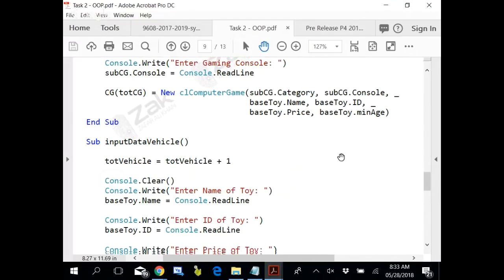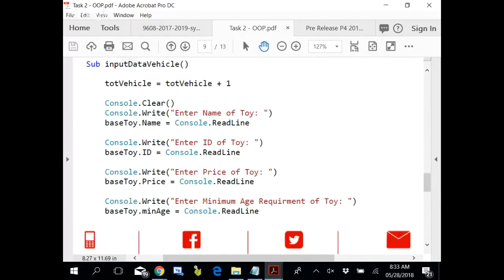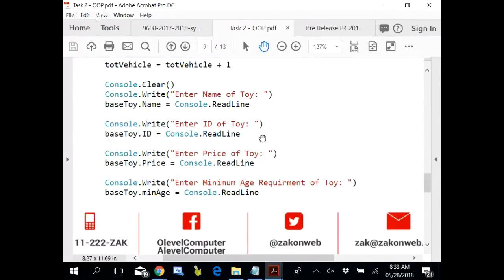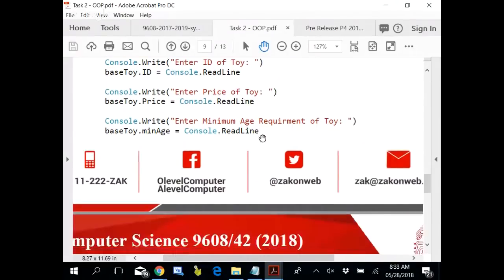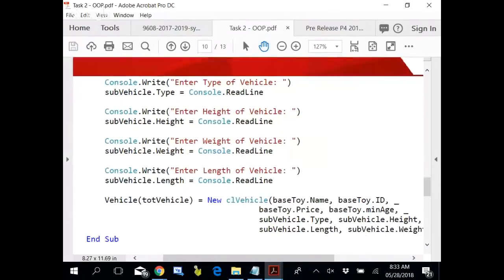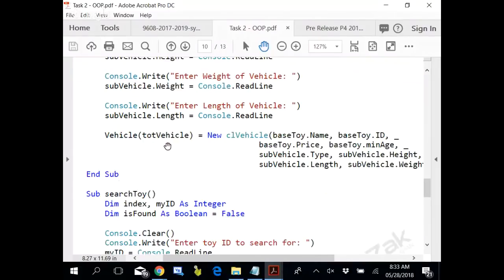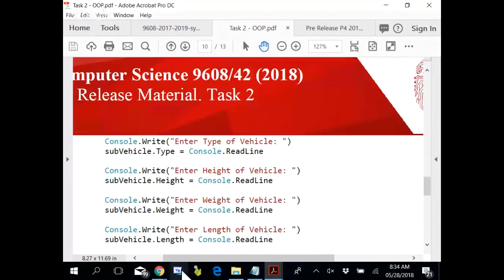Same happens with data vehicle. It adds 1 to the counter. Again, for base, it takes name, ID, price, minimum age. And for vehicle, it takes type, height, weight, and length. When all these 8 are combined, it creates a new instance at that particular element. So that is how, let's just